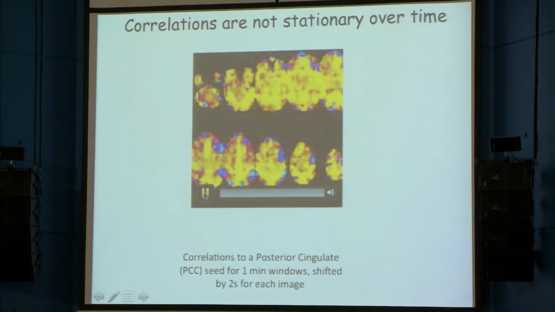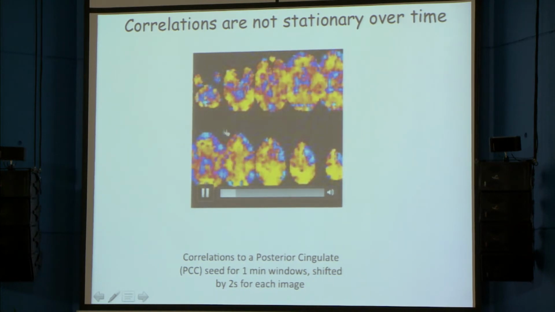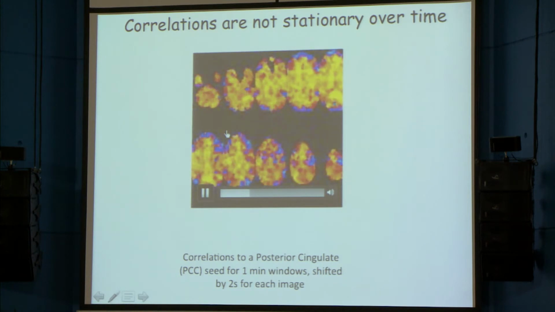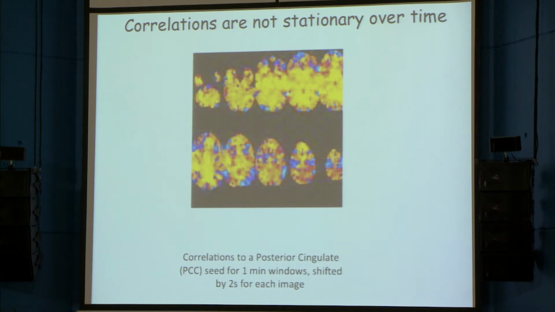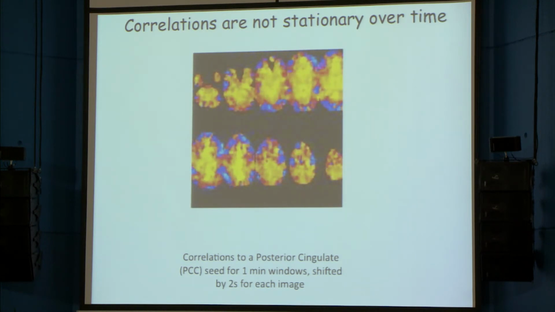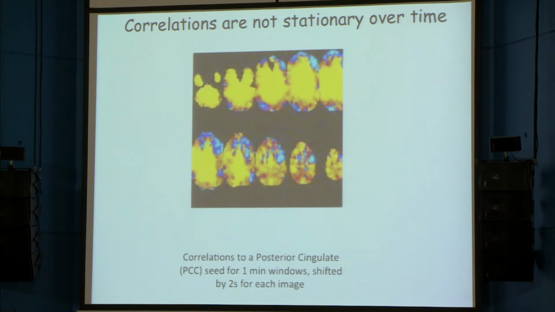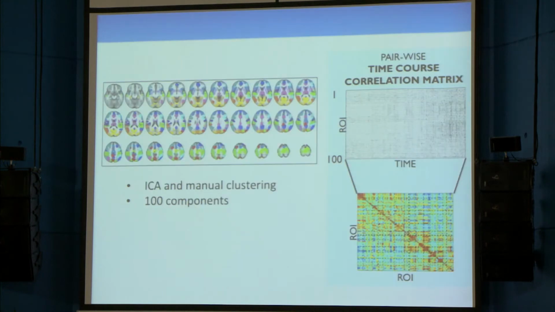Here's a movie of this. It looks like things wax and wane, and this is actually not like the movie I showed before. This is a sliding window correlation from before we had that other technique. But you see things waxing and waning. And so what we thought we'd do to get our heads around this a little bit better is to, once again, look at this